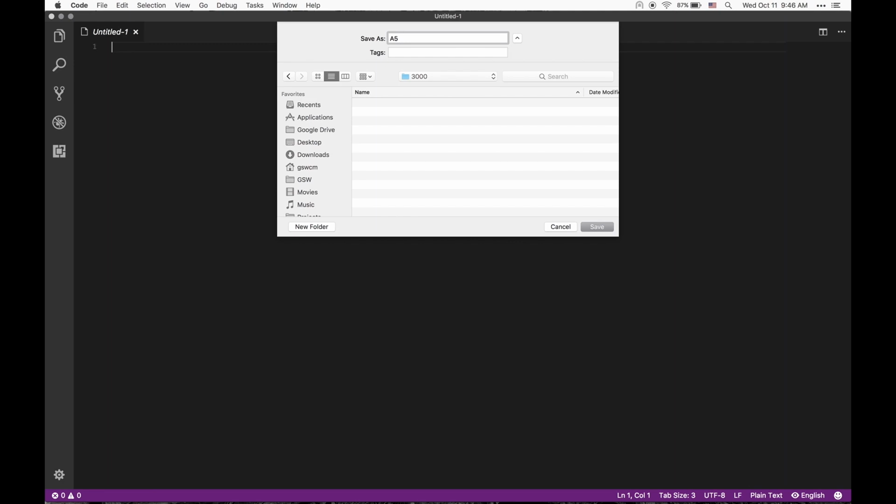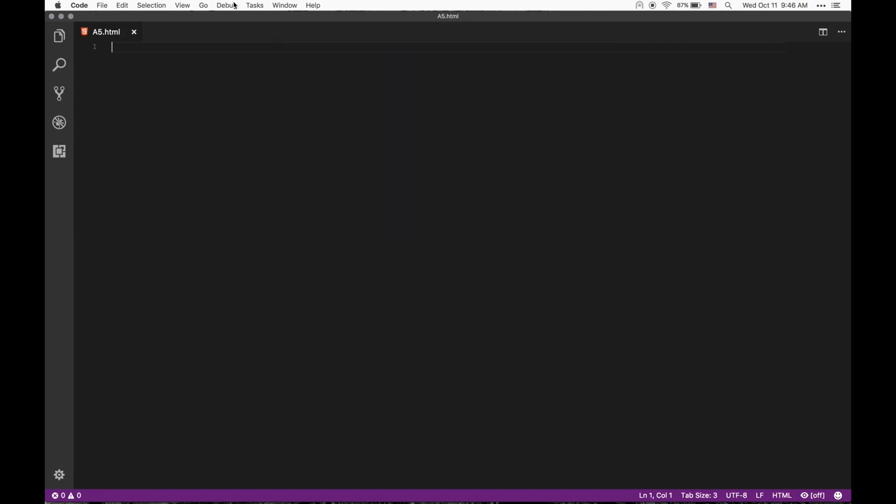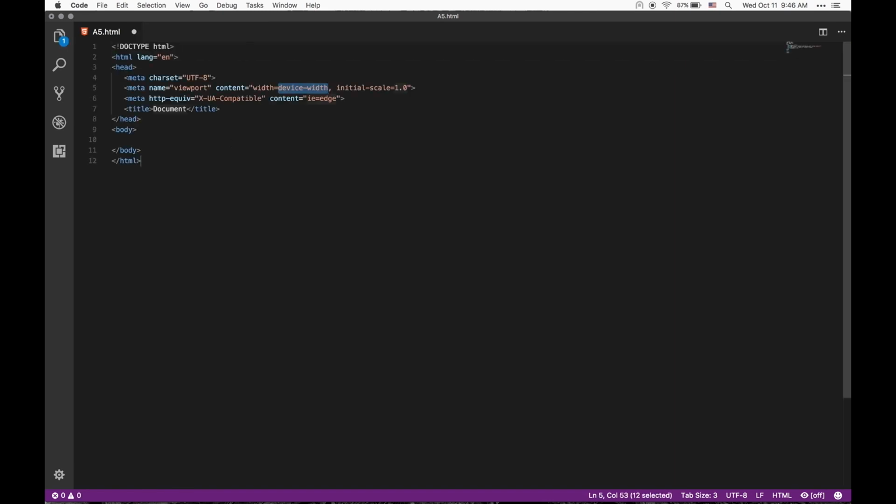I believe we didn't have a chance to work with assignment 5 yet. Right now the template can be created with the help of the Emmet extension, and